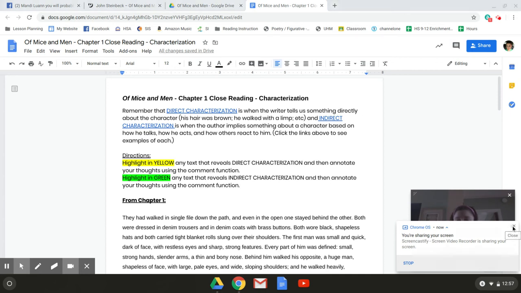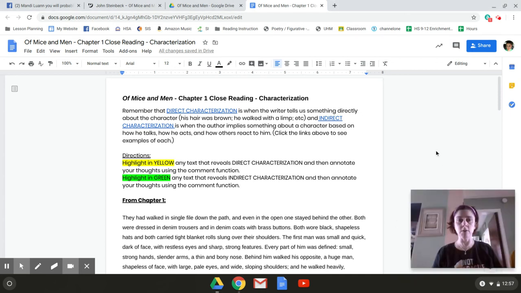Hi guys. Today we're going to talk about how to do a close reading of the first chapter. What I did is I just took a few paragraphs from the first chapter so that we can talk about characterization. When we look here at the directions, it tells you to remember that direct characterization is when the writer